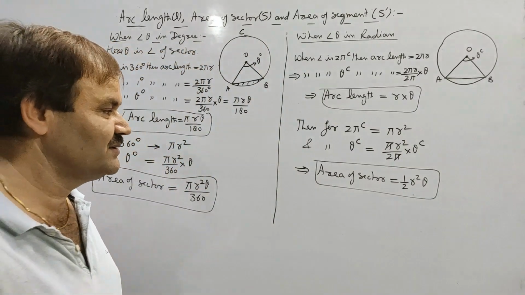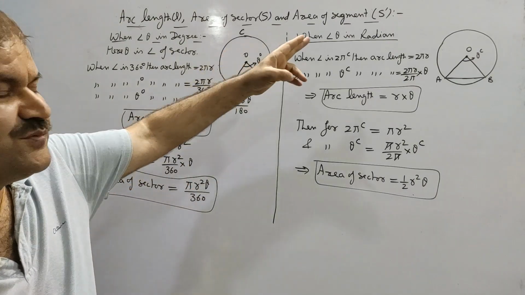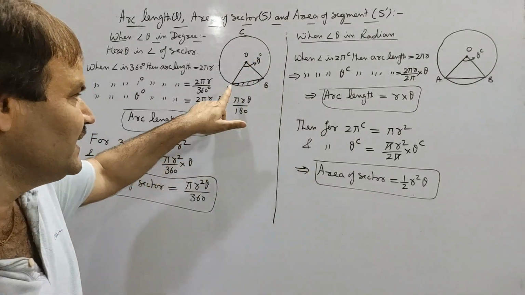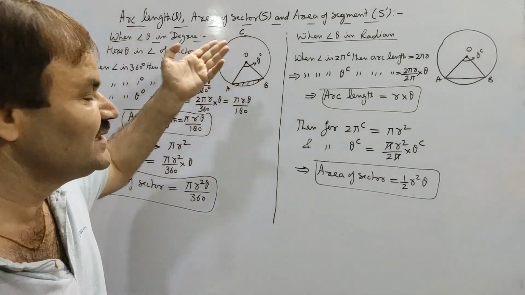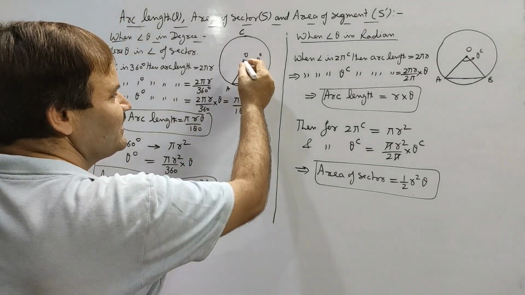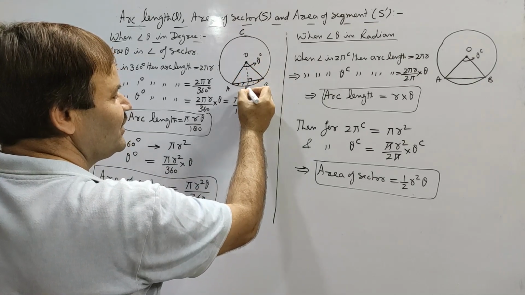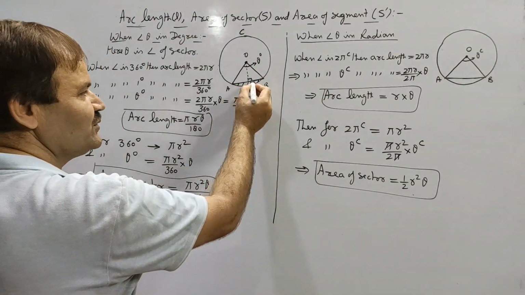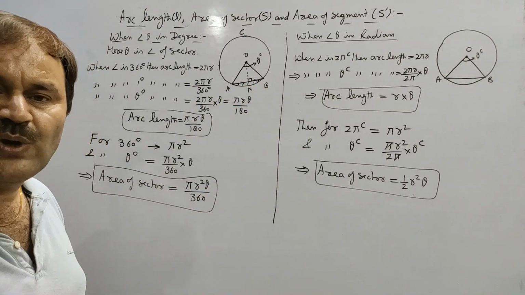There might be some questions in which it is asked to determine the area of a segment, the area of the minor segment or major segment. If we can determine the area of the minor segment, then area of entire circle minus area of minor segment gives the area of the major segment. But for determining the area of a segment, we will require the area of triangle OAB, and for that we may draw a normal ON on the chord AB, and we know that the normal on the chord divides the chord into 2 halves.